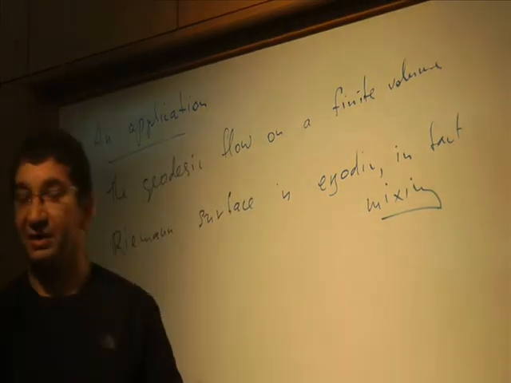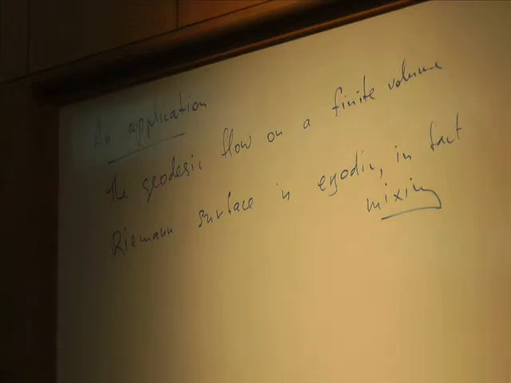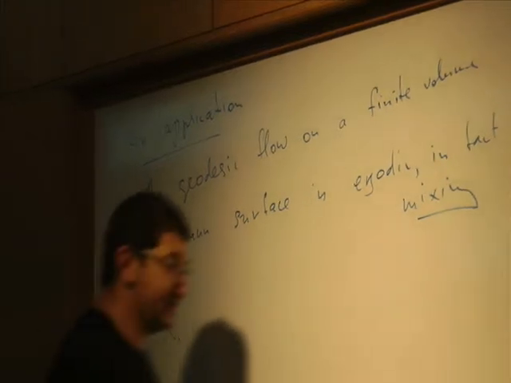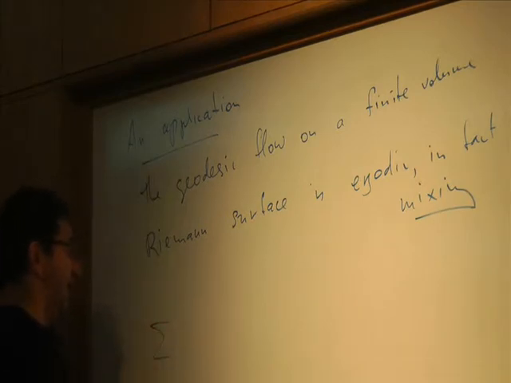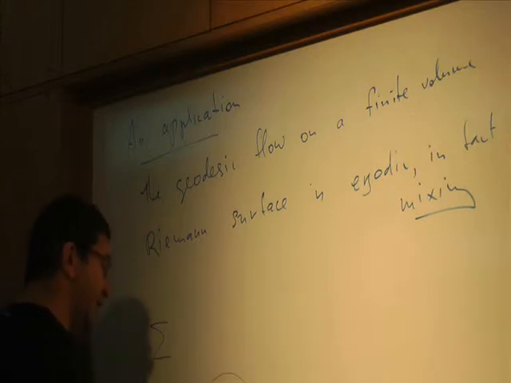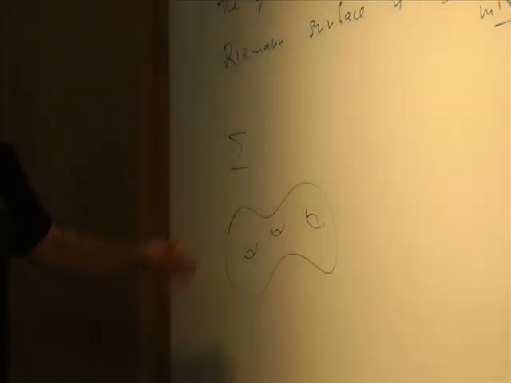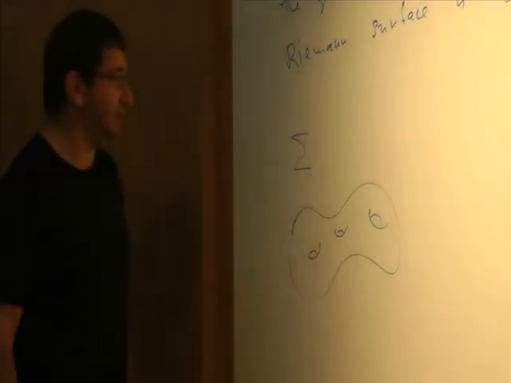Okay, I'm not going to remind you what the geodesic flow is. I'll just write it down and refer to Manfred's lectures from yesterday and maybe today. So what you look at is the space. So you have your surface. So this is a surface of genus at least 2. It has a Riemannian metric of constant negative curvature. You've chosen that. There are many such metrics, but you fix one of them.